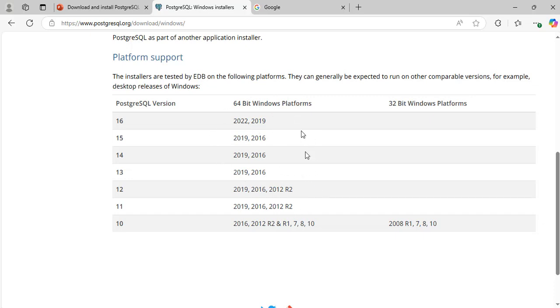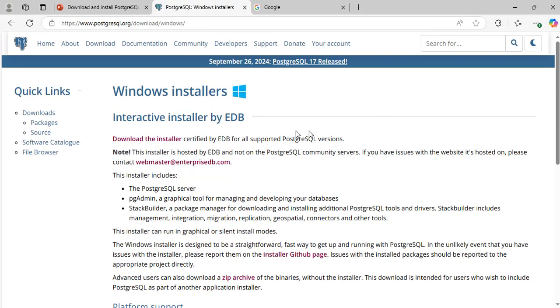They have not updated their web page, so it still shows here 16. Maybe by the time you would be watching this video, they would have updated their website to reflect 17 here. Now let me scroll up a bit. Now to download it from this page, click on the download the installer link here,